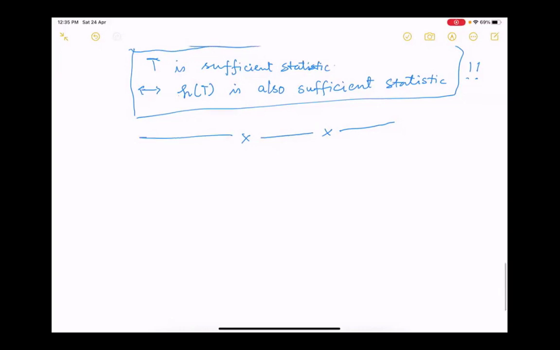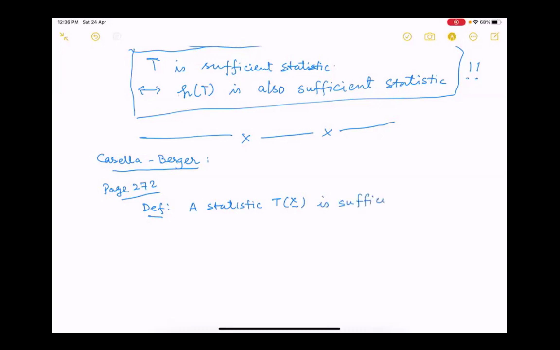This is the exact definition of Fisher. It says that a statistic T of X tilde is a sufficient statistic for theta